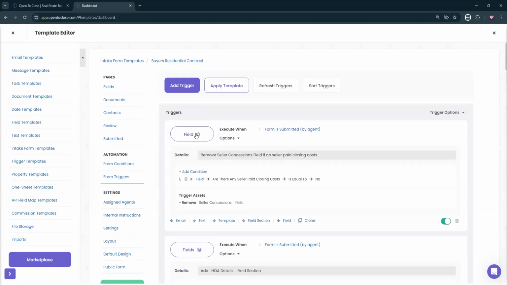Field triggers are good, right? This is just to add on or remove one specific trigger. This one's good, right? This one says, are there any seller paid closing costs equal to no? If it's no, then we need to remove the seller concessions. Seller concession lives underneath another field section, and I don't necessarily need it on the property. I don't want to have to worry about it. So you can build out these little mini triggers to pull off individual fields if you need to,